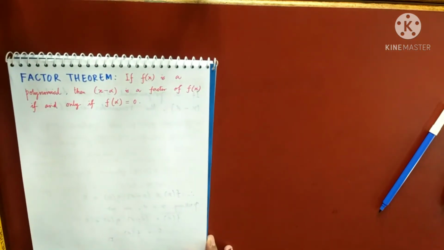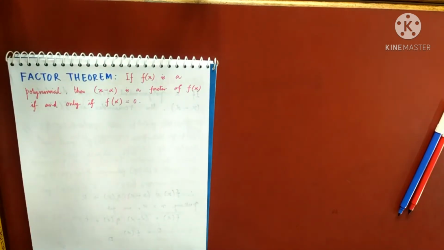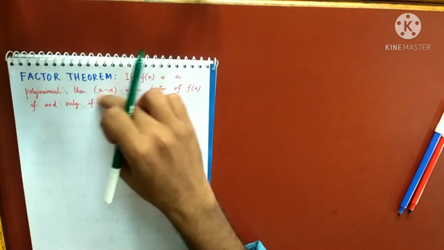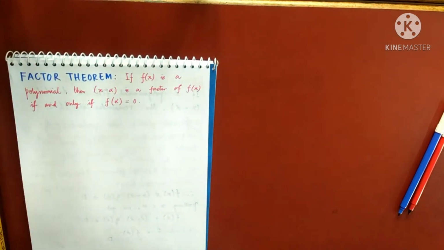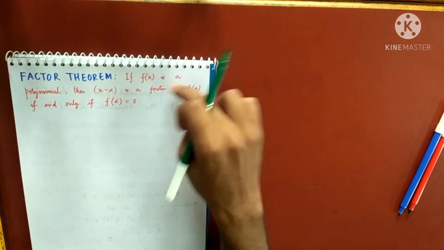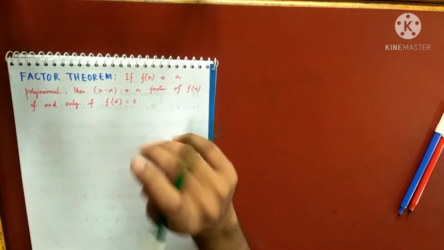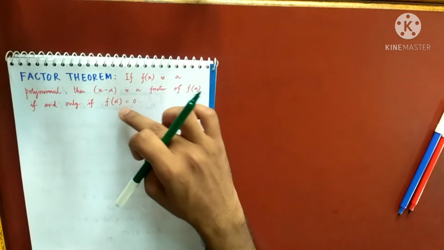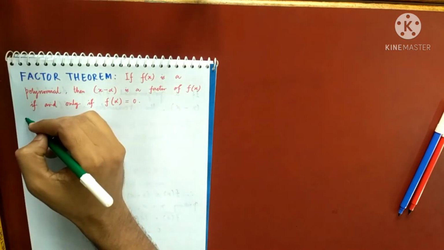So again, the factor theorem gives you a necessary and sufficient condition for a linear polynomial to be a factor of some other polynomial. If I give you any polynomial f(x) and I am dividing it by this linear polynomial, I want to know whether this is a factor or not. You know a factor is when the remainder is 0. So the factor theorem tells you that if and only if f of alpha is 0, that is, if and only if alpha is a zero of f(x), right? So the proof again is very simple.